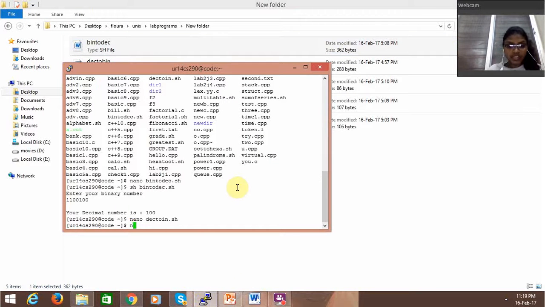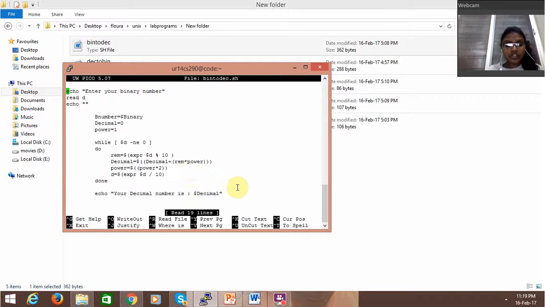So for binary to decimal, if you see, I have read the data from the user. The user will be entering a binary number. Suppose for example it's the number 2, which is 10. Then these are initializations so that I don't get any garbage value. Then I've used a while loop, and until the number is not equal to 0, I'll be performing this experiment. This remainder will give me either 1 or 0, because there are only 2 digits in the binary number,